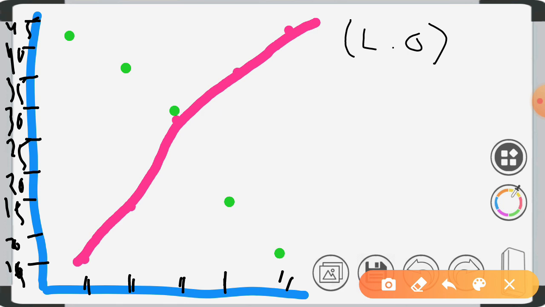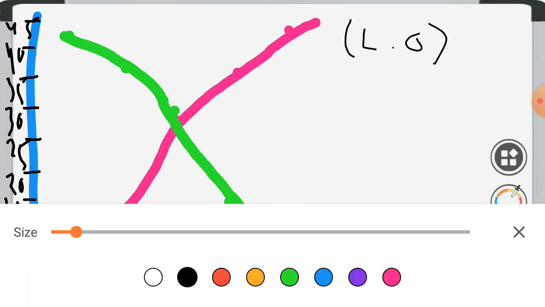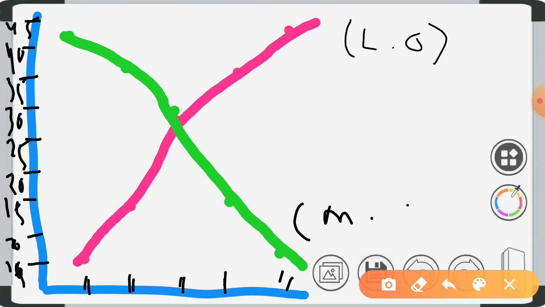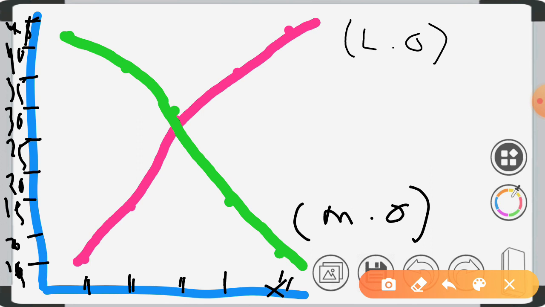Now we can draw the more than ogive curve. It always gives a declining curve. We write here, this is the more than ogive curve. This is the example for the ogive curve. This is the y value and this is the x value. So it's about the graphical representation of data. Thank you.